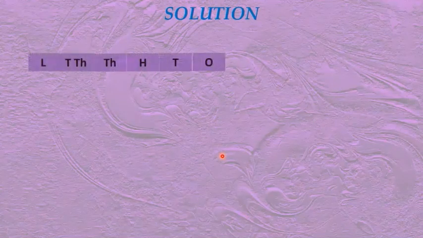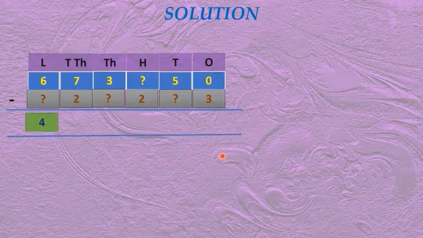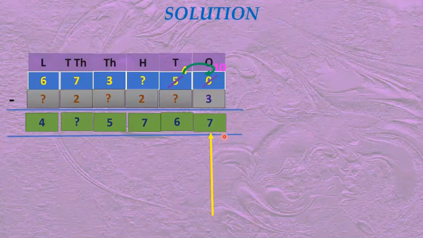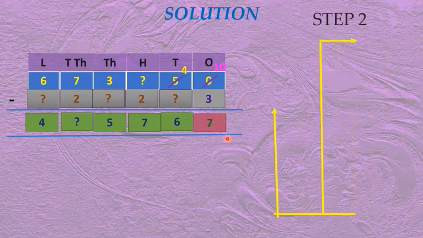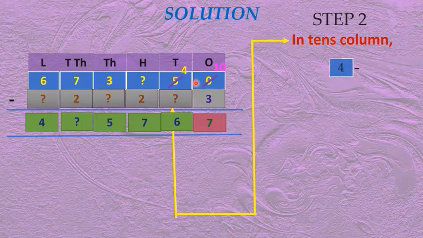Step 2. Solution. First let us see what we have done. As it is this. For you people, no need to do this many times. In one only you can do all that. In this, the first one is over. The ones place is completed, right? What did we get as the answer there? 7. Right? 10 minus 3, 7. Now we have to do step 2. In step 2, which place, Nana? Tens place. So in the tens column, we have again